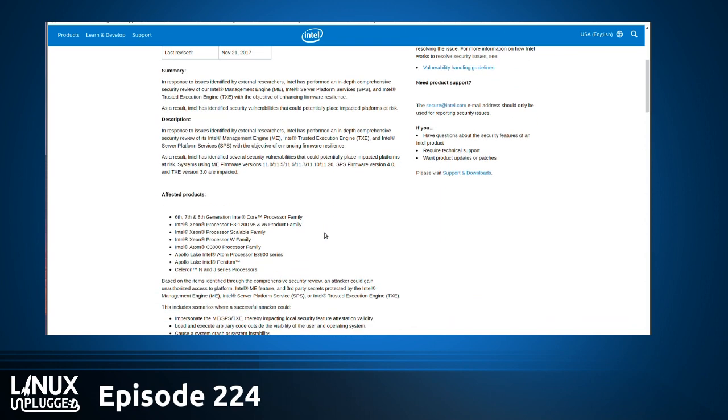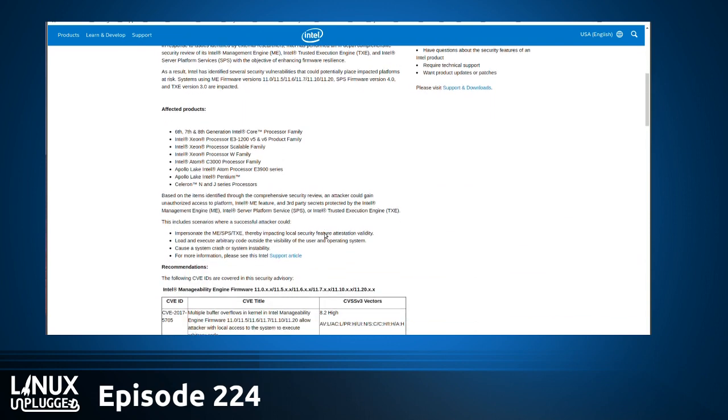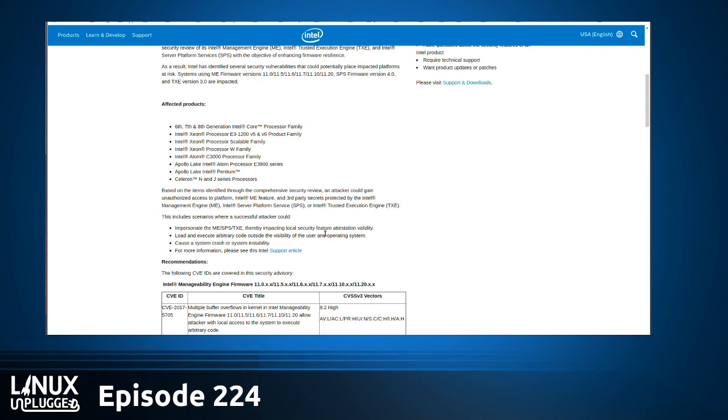Systems using the ME versions, basically all of them are impacted. It's anything with a 6th, 7th, or 8th generation Intel Core processor, or a few of the Xeon and one or two of the Celeron CPUs. So if you have anything older than a 6th generation Intel CPU, this doesn't apply to you. You're not running one of the systems that have Minix embedded. It's only on the last three generations of Intel CPUs. So it's not as widely deployed as some would have you believe, but it's still a major problem. And it's getting bypassed and